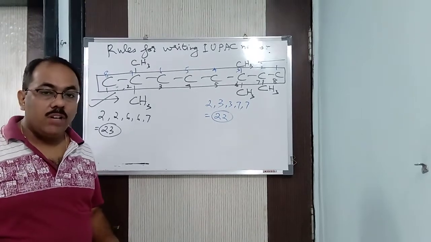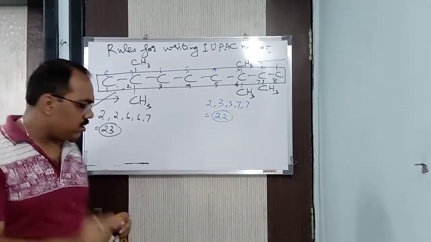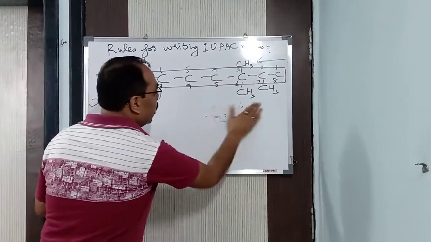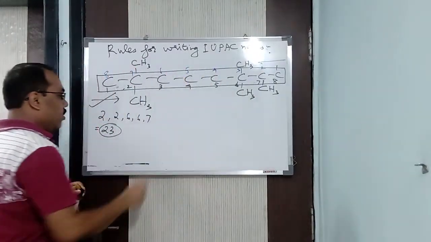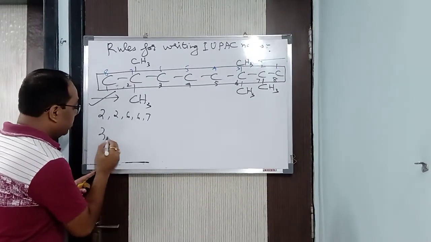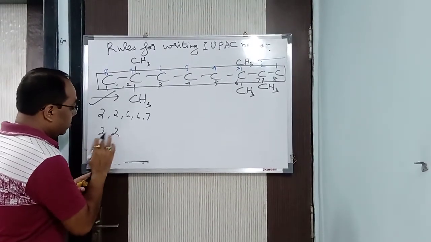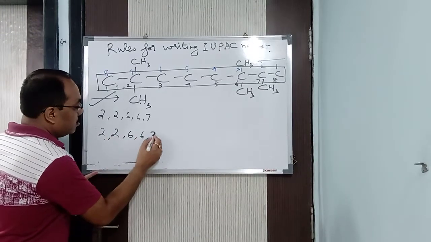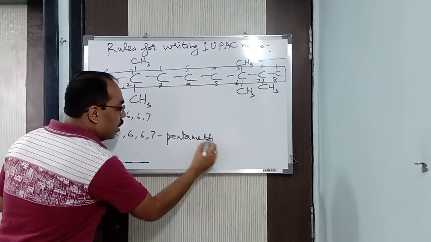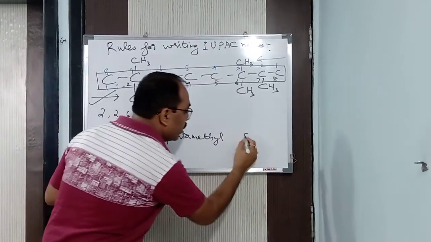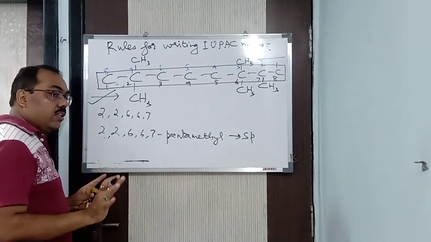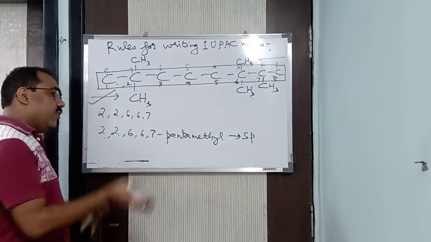Pentamethyl. So, how will I write the prefixes? While writing the prefixes, which one do I prefer? This one, no? This is correct. This is wrong. Let me rub this. This is wrong, I am not going to consider. This I am going to consider. So, how will I write it? I write it in this way: 2, 2, 6, 6, 7, pentamethyl. This I have written, which one? Secondary prefix I have written. I have written the secondary prefix in this way. You need to learn how to write it. It's not that you write it anyway or whatever.